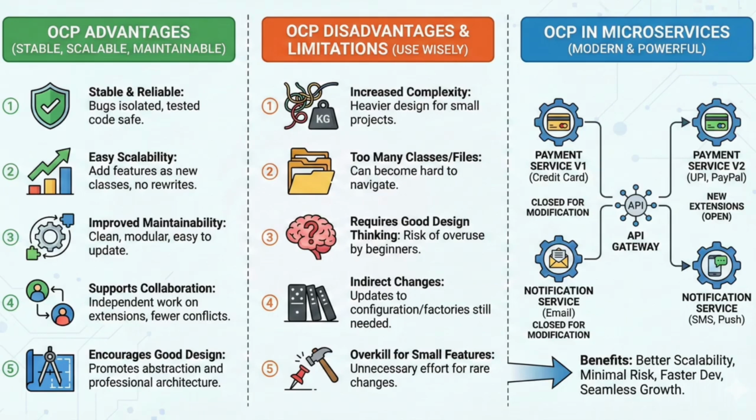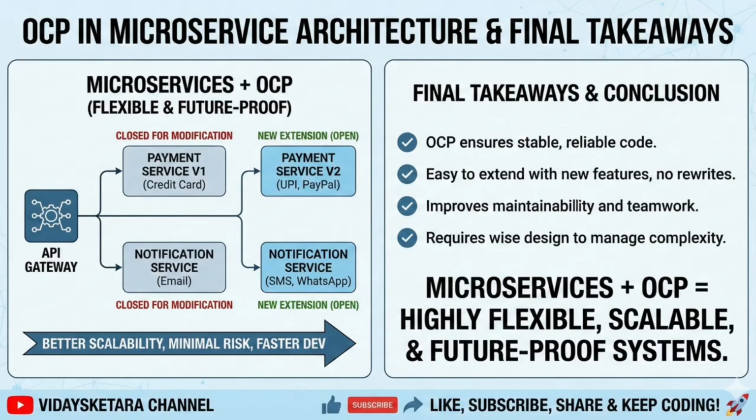and understanding. Now let's understand how the open-closed principle works in microservice architecture and why it is extremely powerful in modern cloud-based systems. In microservices, every feature is developed as an independent service, like payment service, order service, notification service, user service, and so on. Here, the open-closed principle fits perfectly because each microservice should be open for extension and closed for modification. Instead of changing an existing service again and again, we extend the system by adding new services or new versions